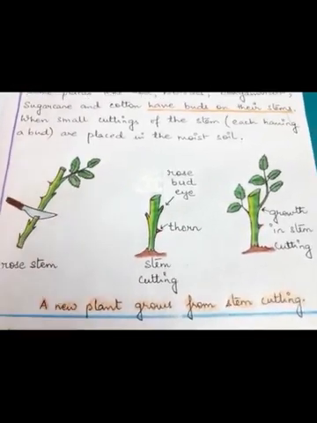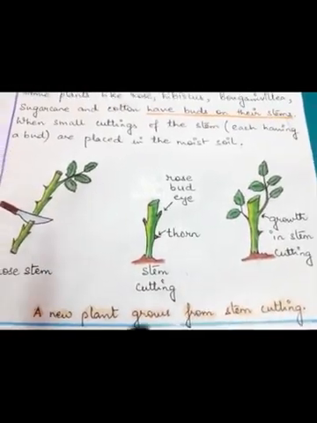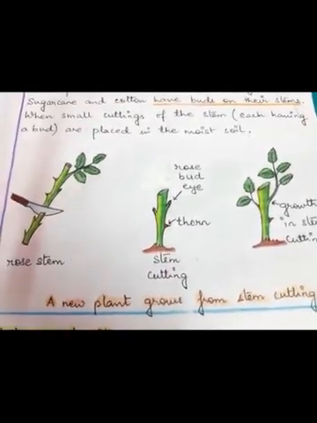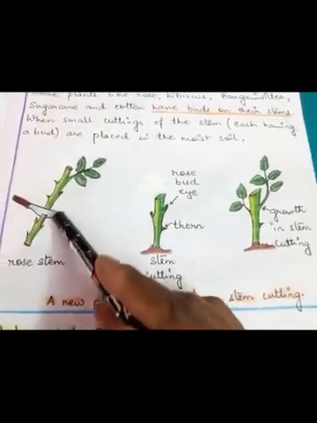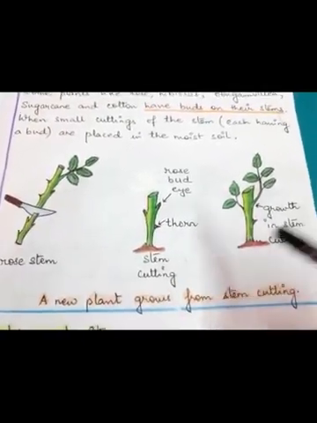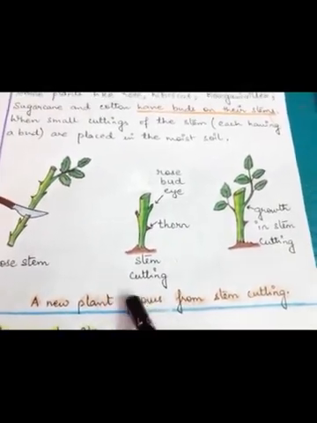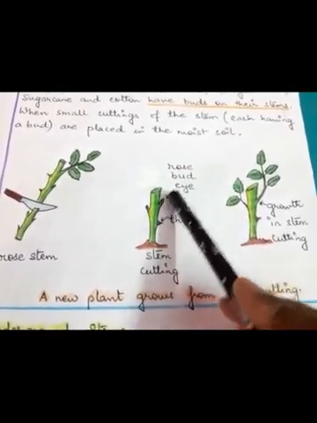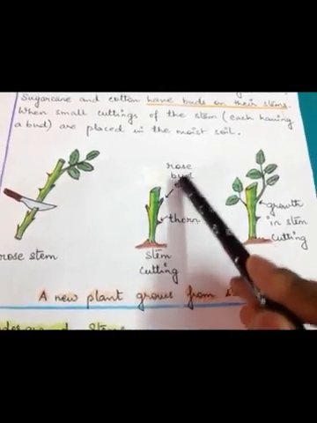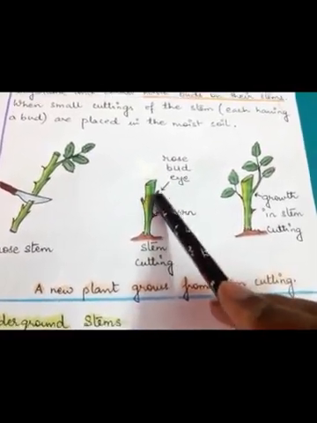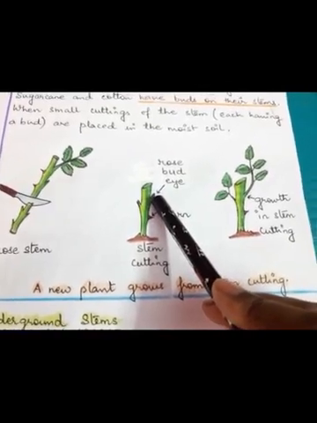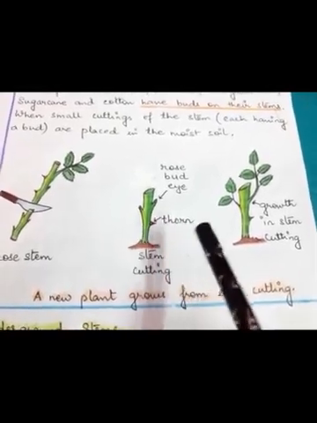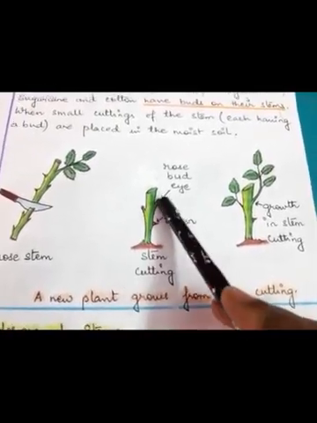So students, from one rose plant we can get unlimited rose plants. Can you believe it? It's very difficult to believe, no? But yes, we can do that. From one stem we can grow many rose plants. How can we do that? If we cut the stem having an eye bud, can you see this part? This is the rose bud eye. These are rose bud eyes. From here a new plant can grow.